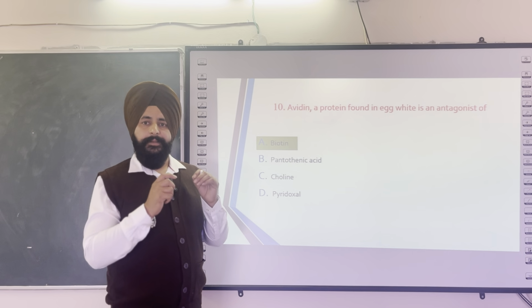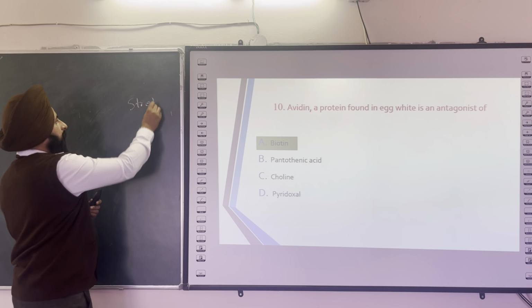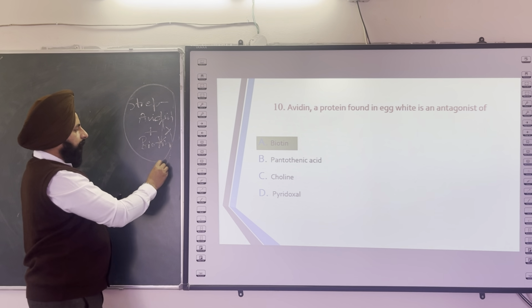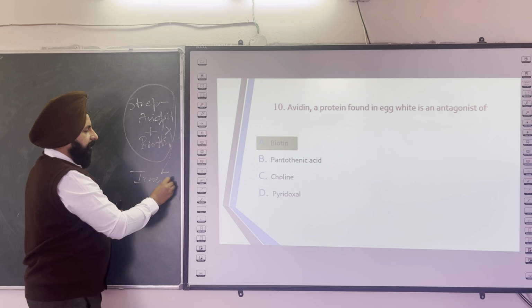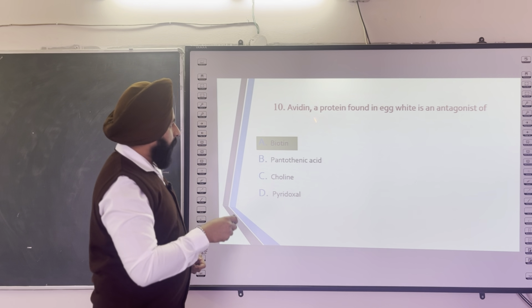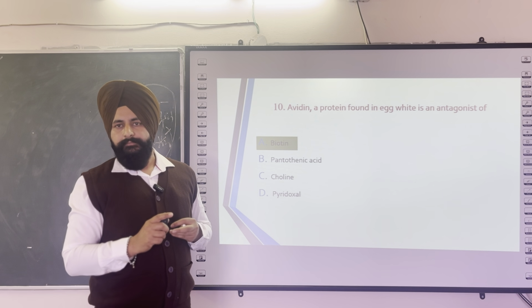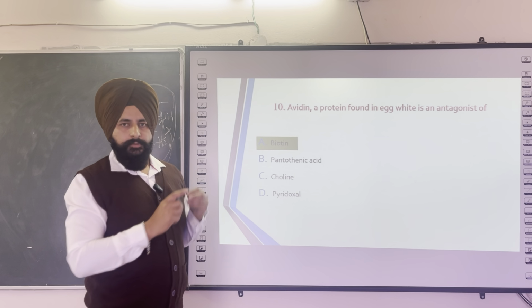So you know that streptavidin plus biotin is used as an antibody for immunohistochemistry. So that means whenever the avidin and biotin complex is formed, this is an irreversible type of complex. The second option in the GPAT, if you see there, which type of complex is formed by avidin and biotin? This complex is an irreversible type of complex. So this is the correct answer for this question.